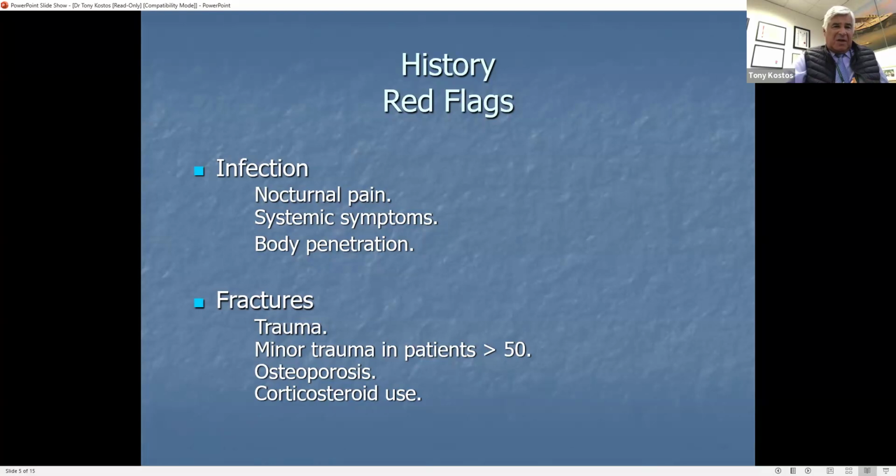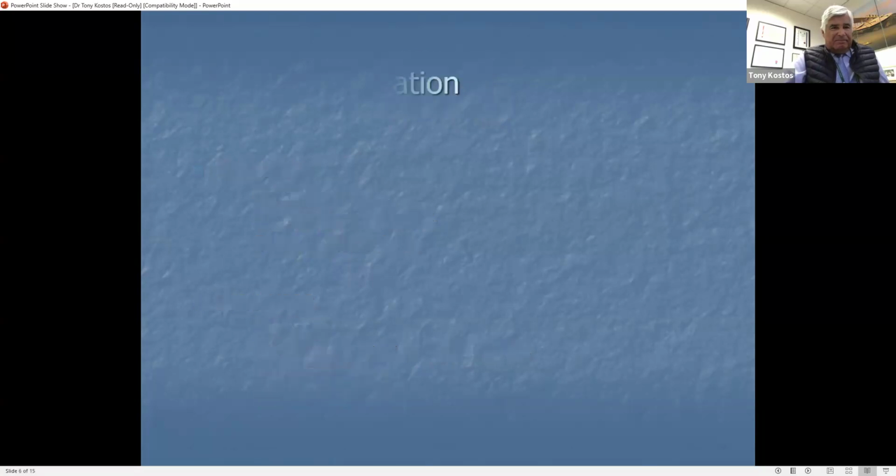We're also looking for fractures, and invariably most fractures occur with trauma, but the trauma can be minimal in patients over 50 who have osteoporosis. And we know that osteoporosis and fractures are more common in patients who use cortisone, so prednisolone. They might have asthma or something like that, which they're on cortisone for. So again, most of the surgeons never ask about these problems. They're just purely focused on the scan. Next slide, Sophia, thank you.